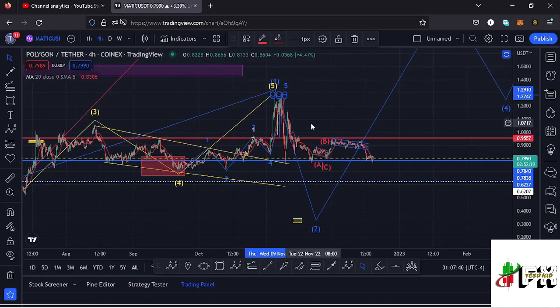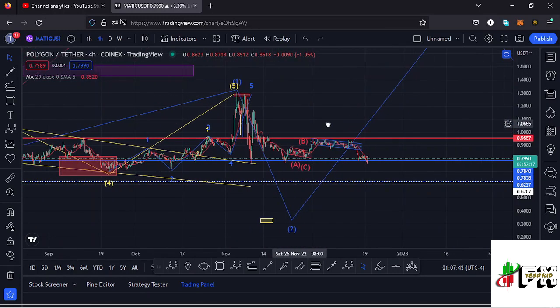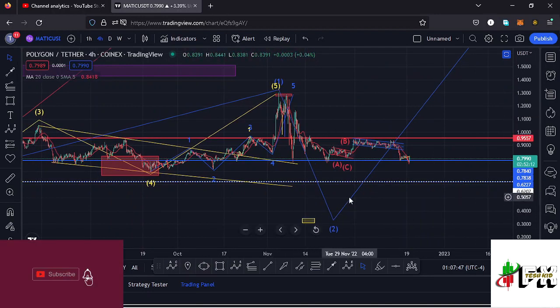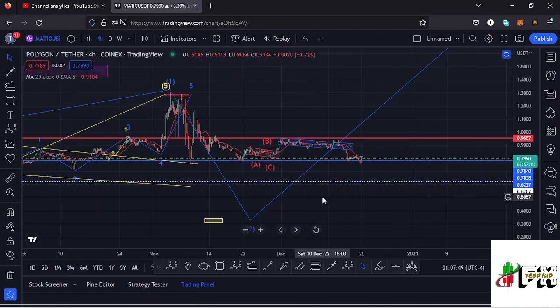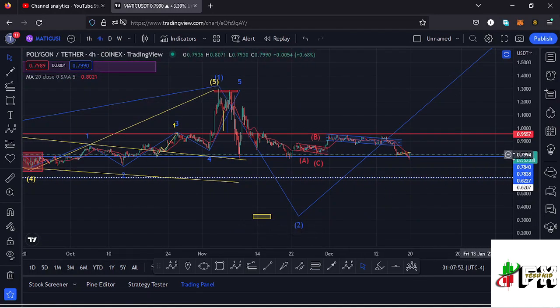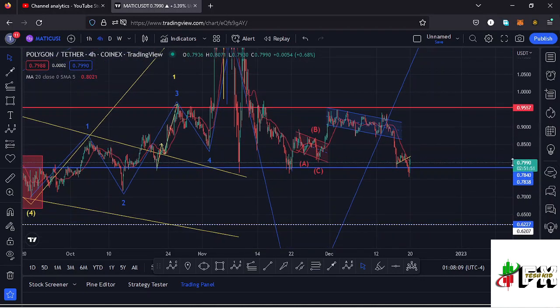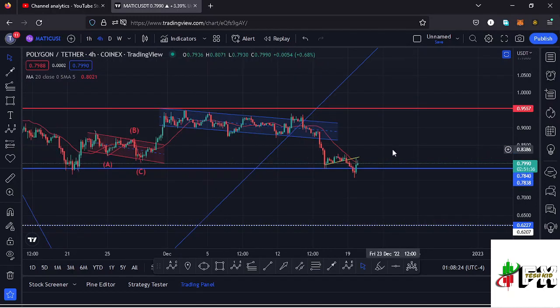And whatever we expect next after seeing the formation of that first wave to the upside is a bit of a retracement to the lower side in the formation of a second wave, which is a corrective wave. And because of its corrective nature, I also expect to see fractal waves, that is an ABC corrective structure, in the formation of that second wave. And before I get to the short-term scenarios that I'm expecting to play out, basing my analysis on the ABC corrective structure, it's good I give you the short-term scenarios that can also play out, basing it on the key areas of support and resistance, and also on the key chart patterns that we have information on this chart,